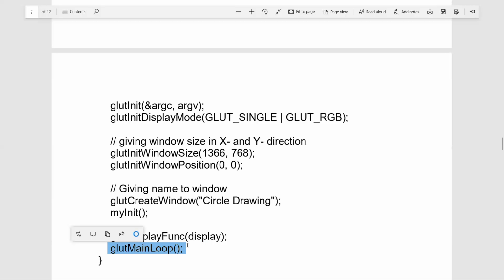So in this example, we have created a single window, but there can be many display windows which are active, and every window with a designated graphic content. Here the graphic content is the circle that is drawn.